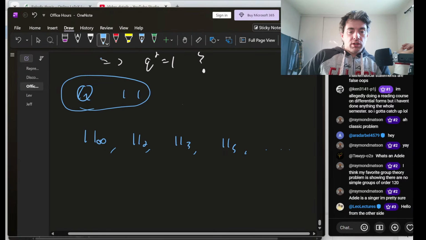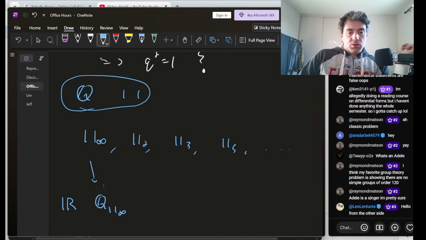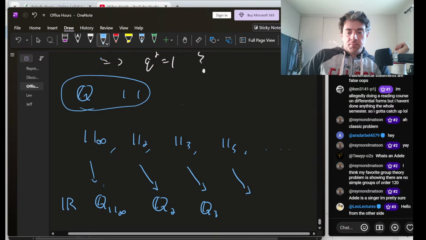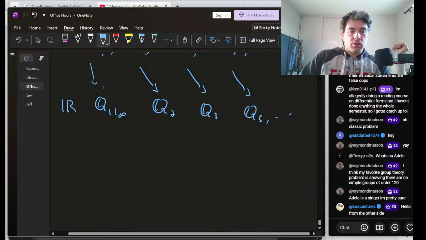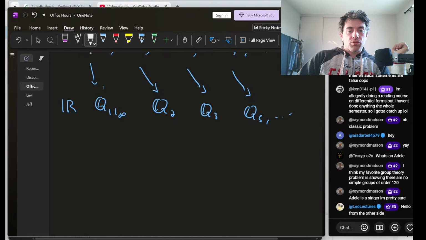The real numbers are the Cauchy sequence completion of the rational numbers with respect to the ordinary Euclidean absolute value. Then you might also want to create the Cauchy sequence completion with respect to the p-adic absolute values, and that's the definition of the p-adic fields. And these are all examples of local fields.